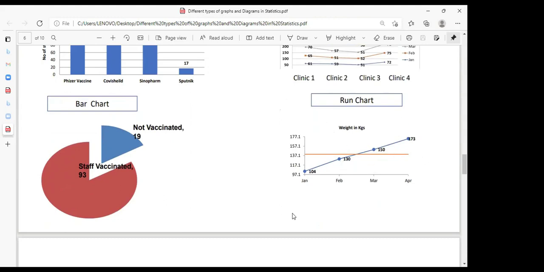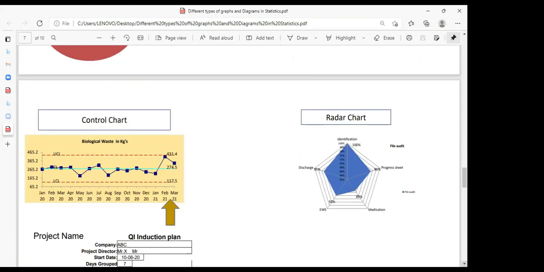That's weight in kgs. Initially, for example, your biomedical waste was gathered at one particular clinic and then transported to your main hospital. But then, in between, you took an action plan: you contacted the main biomedical waste department to directly go and collect the waste from that satellite clinic itself. When that happens, automatically there's an improvement over here. So basically that's what it is all about.